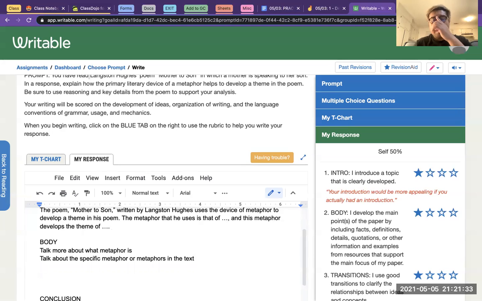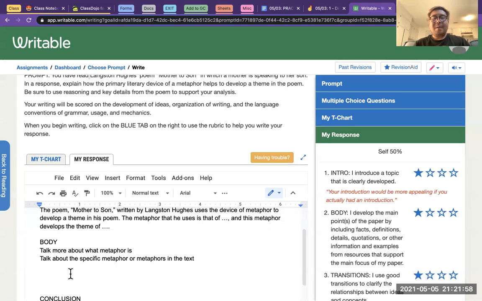I'm not telling you you have to do 2, 3, 4, or 5 paragraphs. There's some teachers that say you have to have 5 paragraphs for everything. My feeling is that as long as you answer the question and you also meet the requirements of the rubric, it doesn't really matter how many paragraphs you have. It does have to have a clear beginning, middle, and end. Okay? So, you know, I'm just going to make the decision that I'm going to talk about metaphor in one